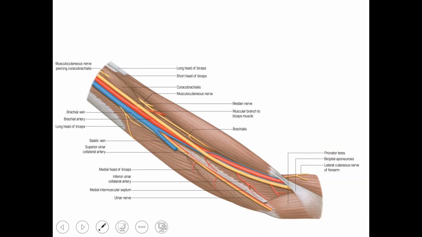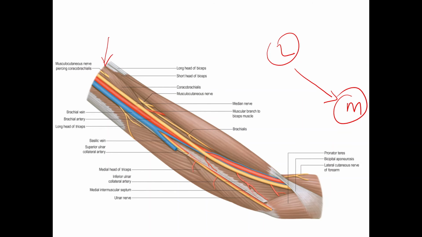we look for the relations anterior to the artery. Yes, anteriorly, the entire brachial artery is related to one nerve, which is called the median nerve. As we can very well see here, the median nerve is the nerve which is anteriorly related to the brachial artery, and this nerve is seen crossing the brachial artery from lateral to medial side. Yes, the median nerve crosses the brachial artery from lateral to medial side.